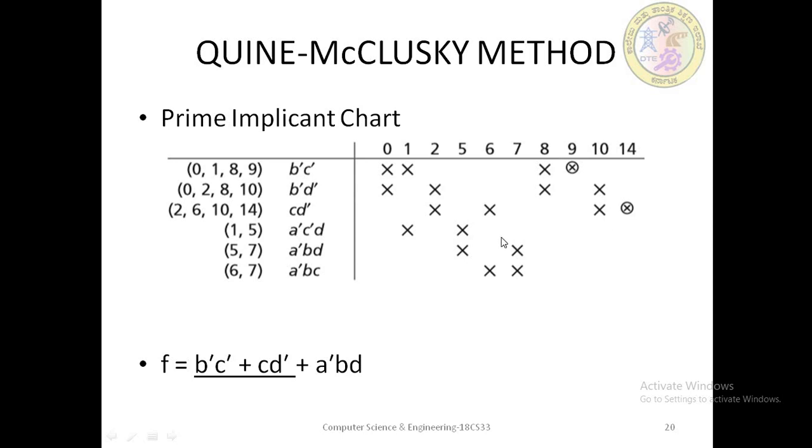Now we need to find out, there are some of the other terms here we have. So for those we need to find out some in this one. Consider this one only because this is not covered here. We will consider this one as well as this one. So for these two we need to have some particular term which covers these two combinations. So it will be A bar BD. So these two are covered somewhere, and this one covers the remaining also.